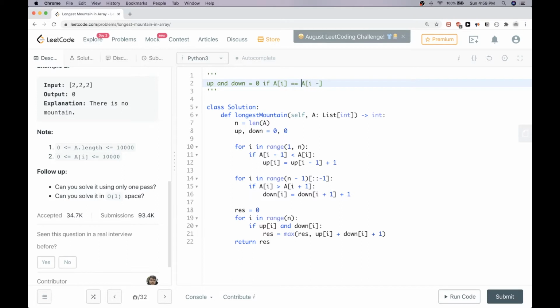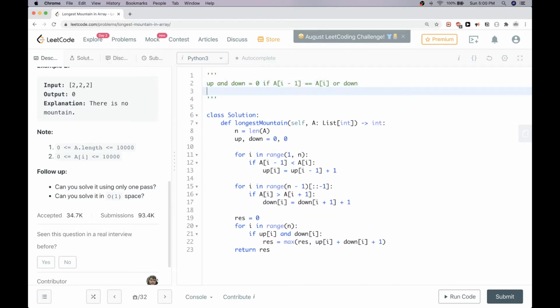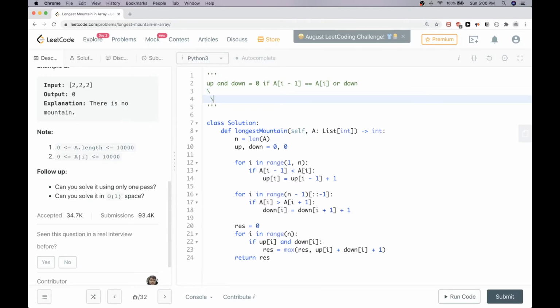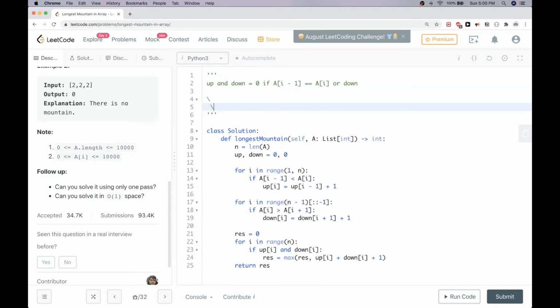So if we have a[i-1] equal to a[i], then we have a flat, it's no longer a mountain, so immediately we can set them equal to 0, right? Or if we were going down like this, and then we had